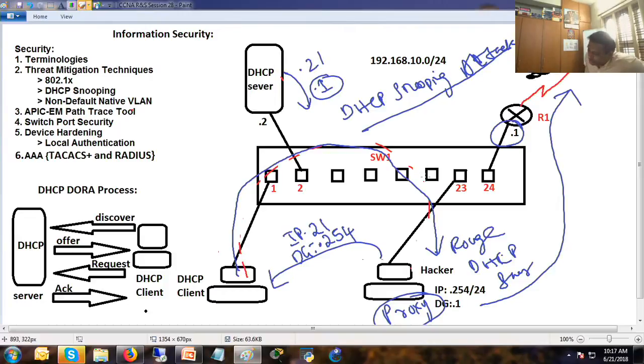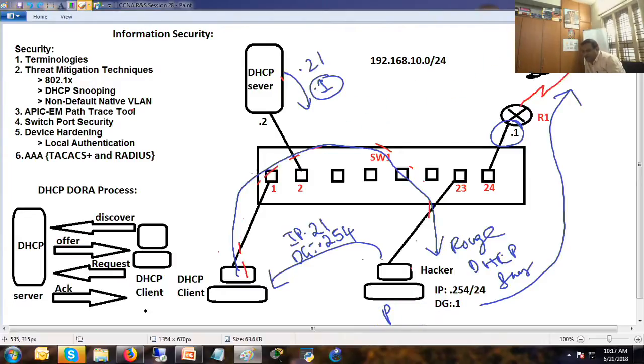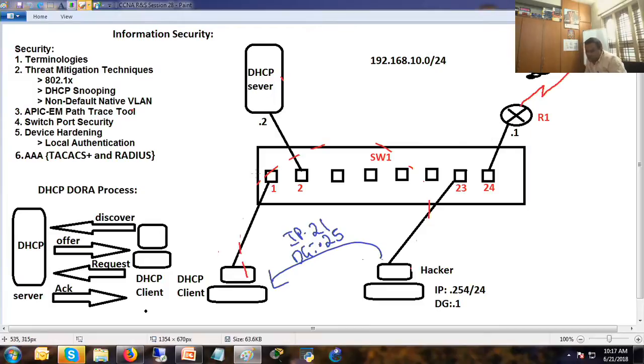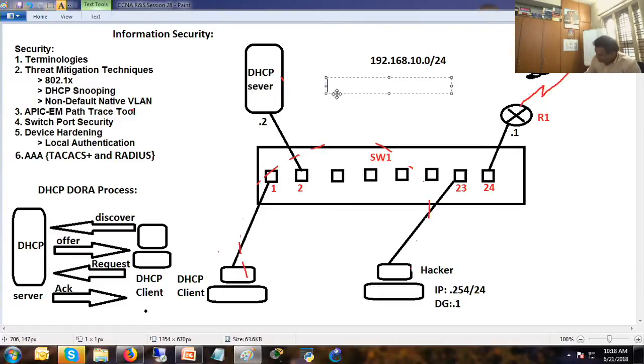Okay. Now, Samir, are you clear? Okay. Next, how do I protect from this attack? That is our goal, right? So why are we studying this? How to protect from this attack. Now I am going to put the technical countermeasure. First, I will say in this, all ports